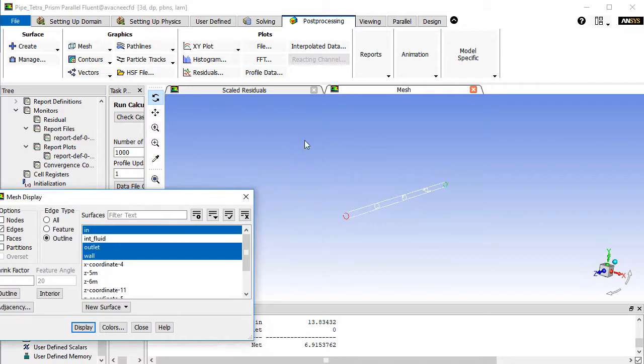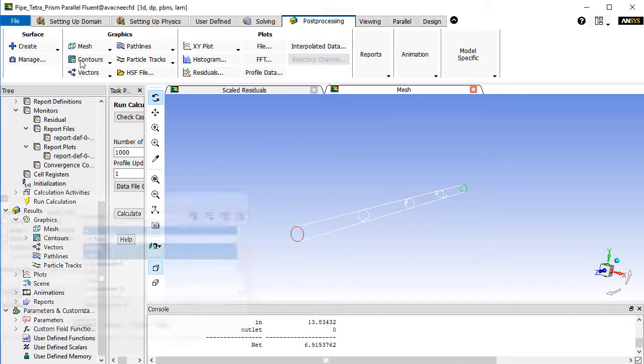So first of all, I need to create a plane, but this plane will be along the length of the pipe. This can be along the x-axis, this can be along the y-axis. So this can be the z-x plane or this can be the z-y plane. It doesn't matter because the flow will be same along both planes. So either I can get the plane along the z and the x in this way, or maybe from the top to the bottom. So it doesn't matter, the solution will be same.